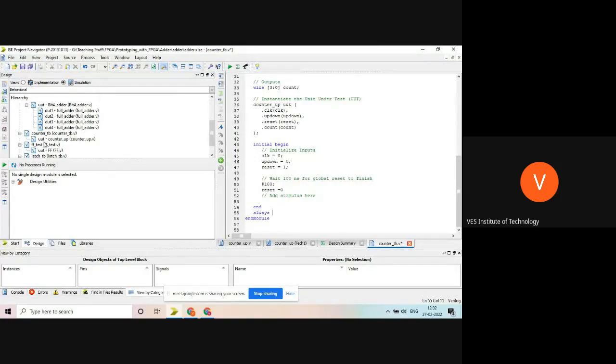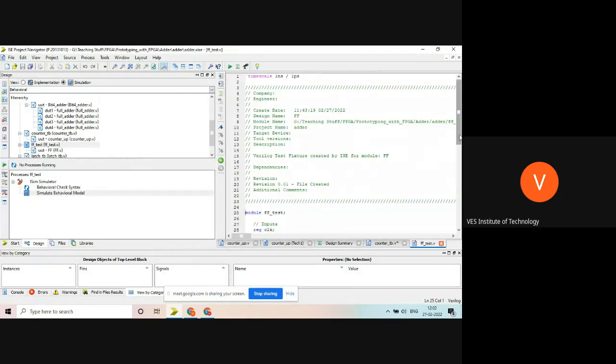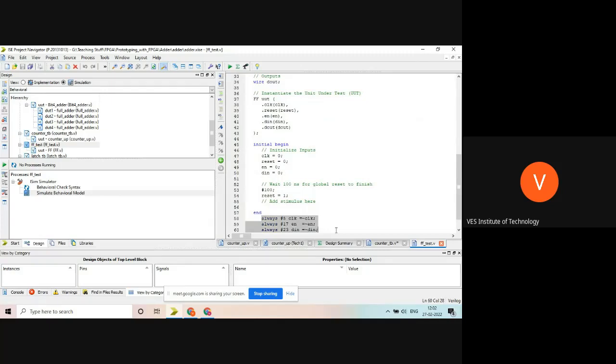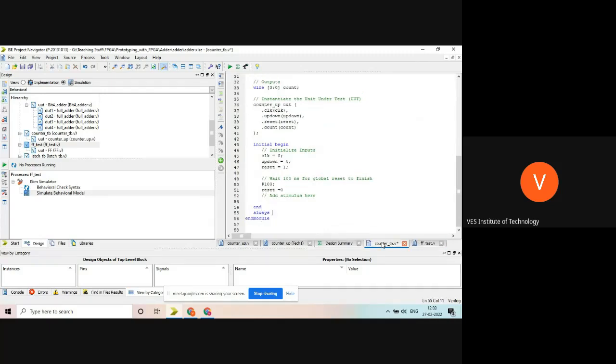I have already written the code for the flip-flop test. I will copy the same code and modify it. Nothing has been changed here. The only thing is that after clock there will be up down. This is not needed; there is no data.